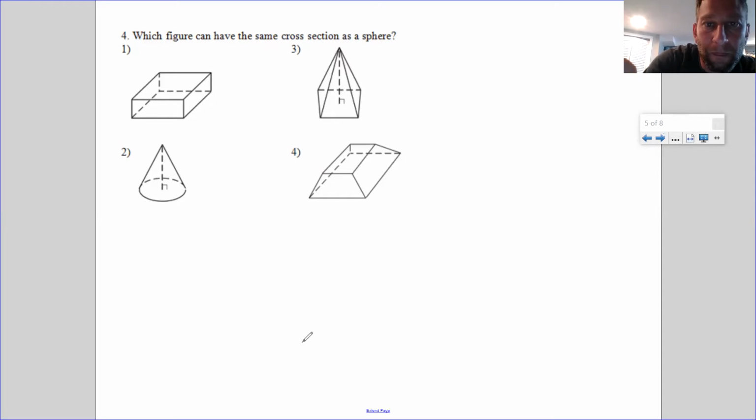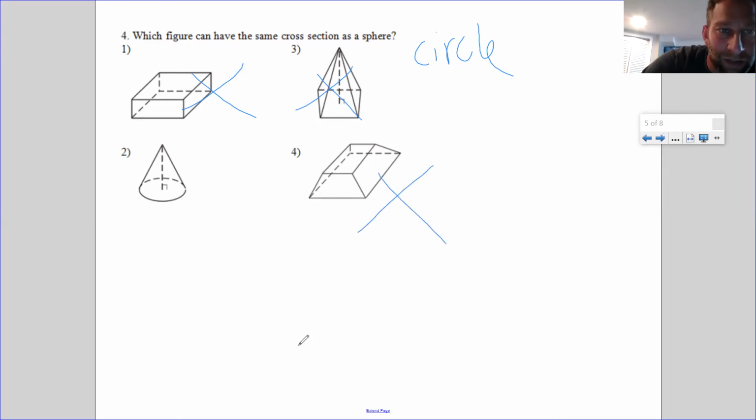A sphere has to have a circle. So I can't get a circle from a rectangular prism. I can't get a circle from a triangular prism. I can't get a circle from whatever this thing is. I can get a circle from a cone if I slice it horizontally. And again, you can't really see it in 2 dimensions. That's why I spent the time and I cut the Play-Doh for you so you could actually see where the cross sections are coming